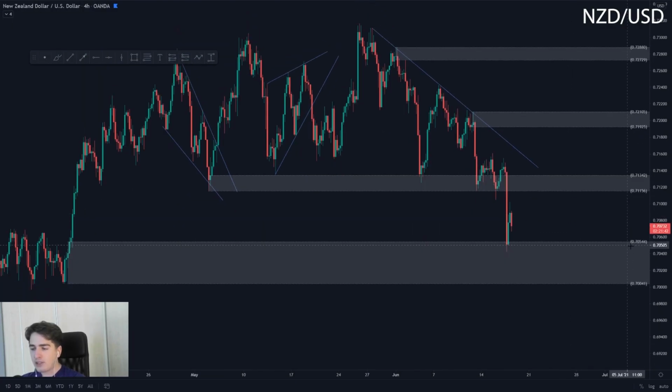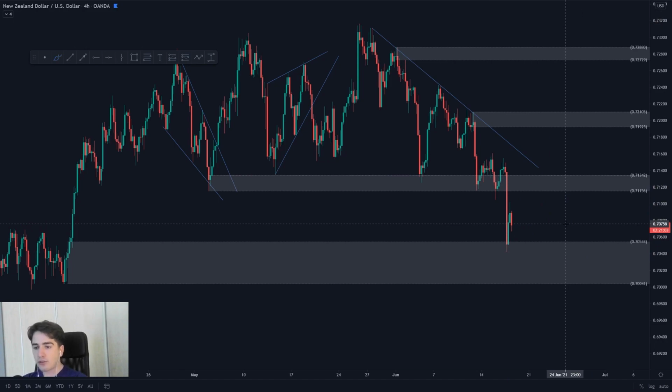And Kiwi dollar tapped in towards this demand zone. I did mention this demand zone in yesterday's video, but I forgot to mention a lot of these demand zones on the dollar pairs, mainly because I didn't expect such large movements to come within the market. But really nice to see that Kiwi dollar fell exactly into this demand area. You can see that we reacted to it and started pulling back up towards the highs. Kiwi dollar, to be honest, is the same as the other pairs. Let's just wait for a nice price pattern to form, which will tell us, okay, we're going back up, or for a nice price pattern which will tell us, okay, we're heading back down.